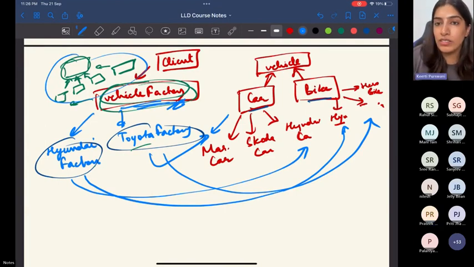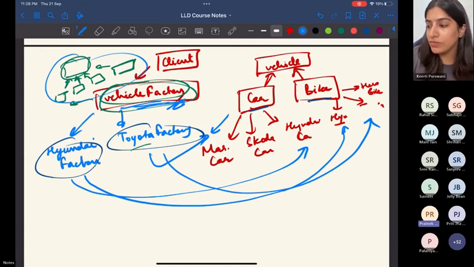What is high level, low level over here? For example, there is a main factory, right? For example, this vehicle factory. Now inside that we are having two factories, which is Hyundai and Toyota. So inside Hyundai factory, somewhere we will be having the if conditions, right? Like what it is going to create, a car or a bike, something like that, right? So basically, rather than having the if conditions at the vehicle factory,